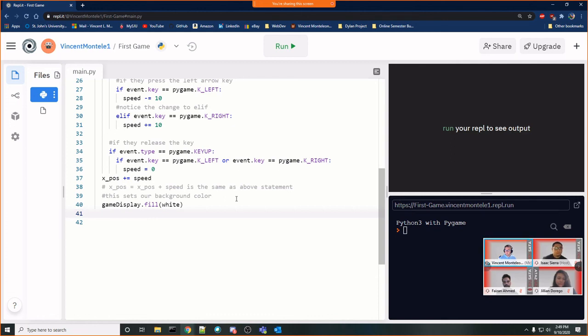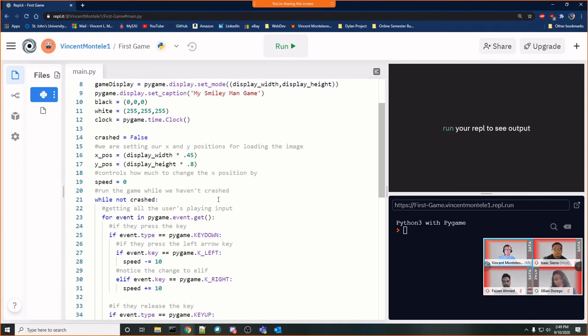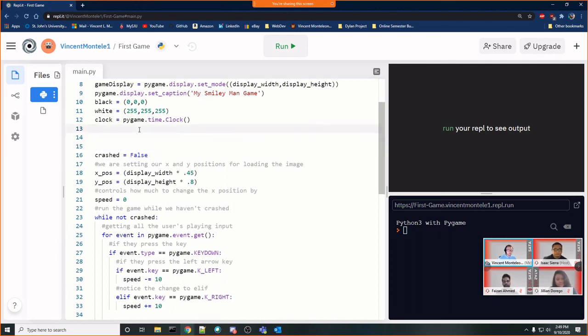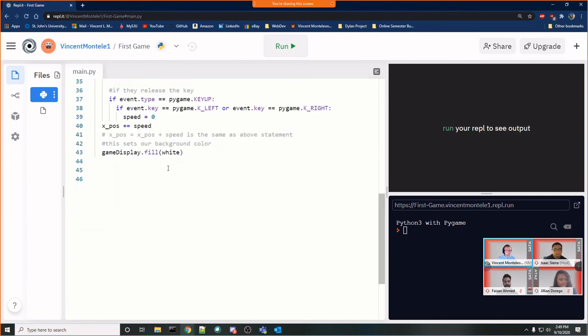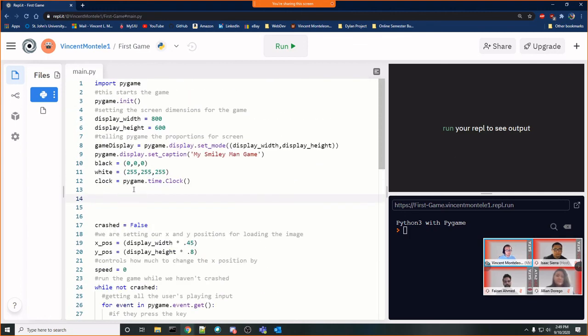Now, the one part of code that we've been missing that some of you might have noticed is, sure, we've been messing around with the speed, we've been messing around with everything, but we have never focused on the image. Isn't the whole point of this to move the image? Well, you're 100% right. So all I'm going to do now is come right over here, right underneath this clock variable, all the way at the top.